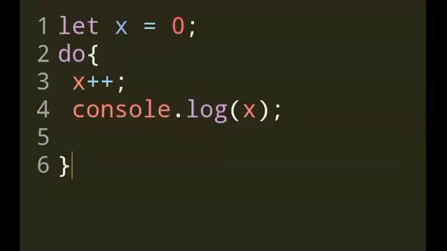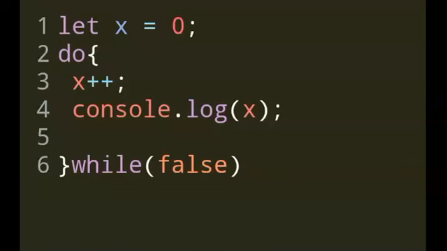So the condition, which is a while, comes after the execution, remember. As you can see here, while, what's the condition? False. So while the particular condition is false, then it will break. It will execute once and then stop. If you write true, then the loop won't break. It will continue to infinity. You can even check it out in your browser. I've checked it.